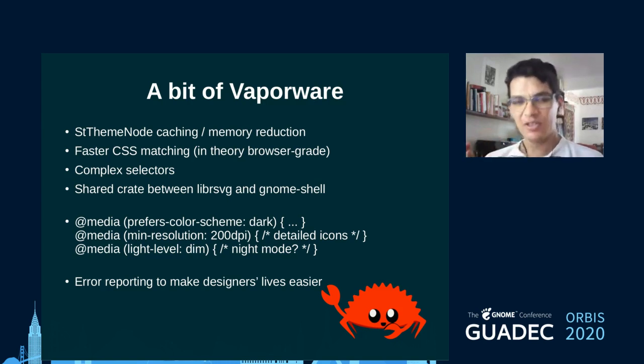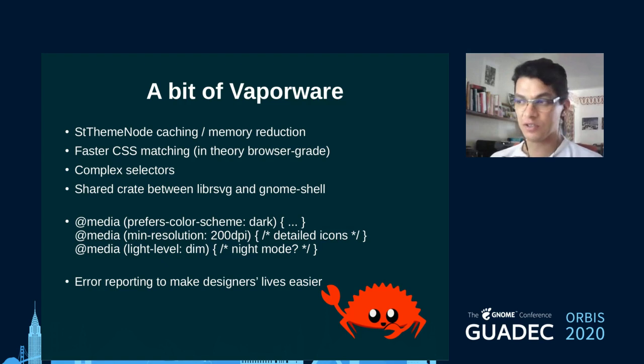They are cached right now with a scheme that I'm not sure will work if we add complex CSS selectors. But anyway, librsvg is starting some machinery to cache the styling, so we can probably share that code in the end. I am fairly confident that we will have faster CSS matching in the end,